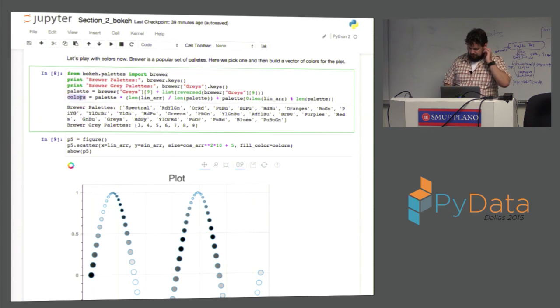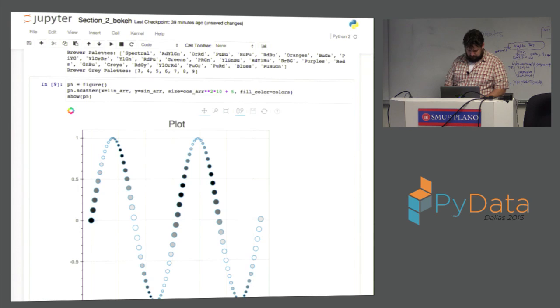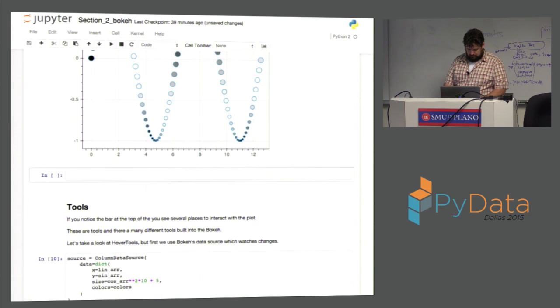And then I say, all right, my colors on my palette, and this is just a little bit of math. I know it's after lunch. It's hard. There's a little bit of math to say, all right, give me a palette of that color and map a color to every point in my lin array. And so what this does now is I take the same idea and I say fill color, and I take this array of colors. So if I execute that code, and I said colors,